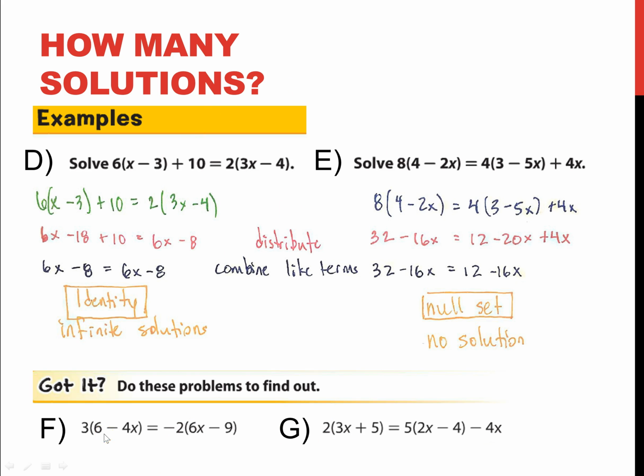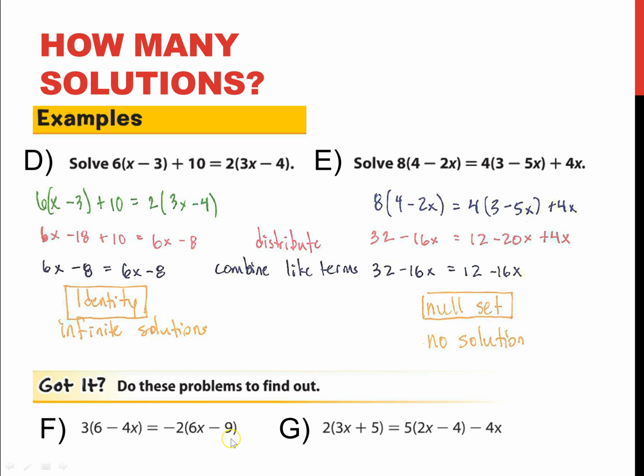I'm going to read them. So example F is 3 open parentheses 6 minus 4x close parentheses equals negative 2 open parentheses 6x minus 9 close parentheses. Said a different way, it's 3 times the quantity 6 minus 4x equals negative 2 times the quantity